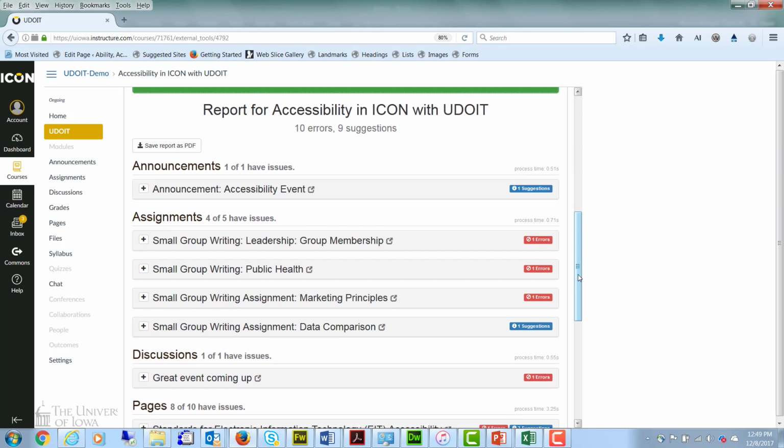Very quickly, you notice the number of errors and suggestions in this report. I have 10 errors and 9 suggestions. UDOIT organizes all the accessibility issues in my course by content type. So here I have one announcement that has an issue. I have issues in 4 of 5 of my assignments. 8 of 10 of my pages have issues, and so forth. So I can easily prioritize the types of content I want to focus on first, depending on how I've structured